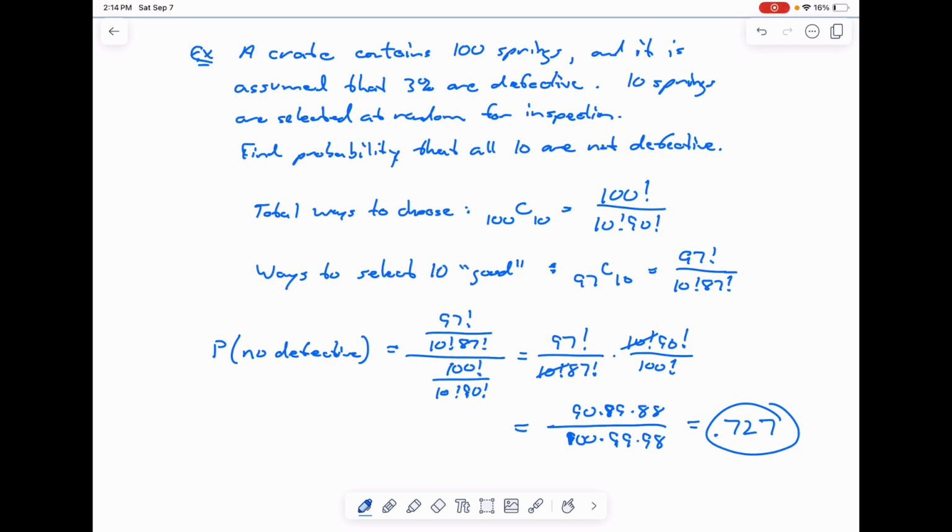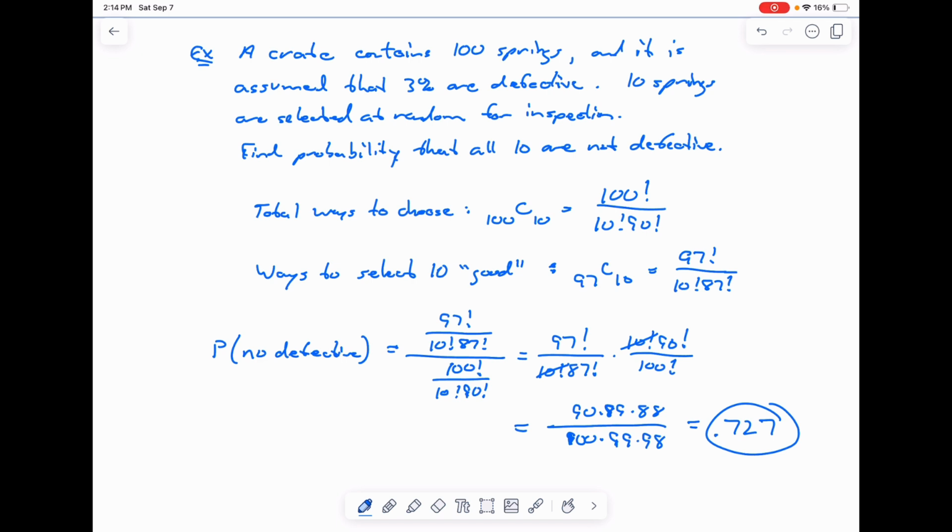Okay. So in this case, what we find is that when we sample 10 springs out of the 100 and 3 are defective, there's a roughly 73%, almost 3 out of 4 chance that all 10 of those springs are going to be good. Now part of that is great, right? It's great that we're taking a sample and they're all good. It's telling me that in general, those springs are probably good. Because if more were defective, I would expect to find more defective springs, or that the chance of getting no defect would be much lower. So that's positive. The negative is that